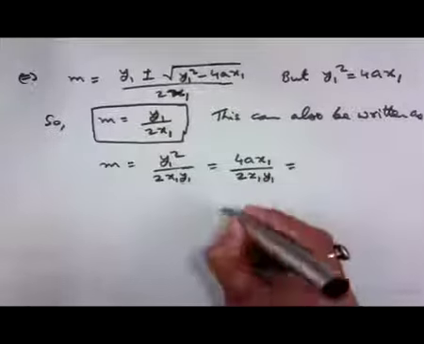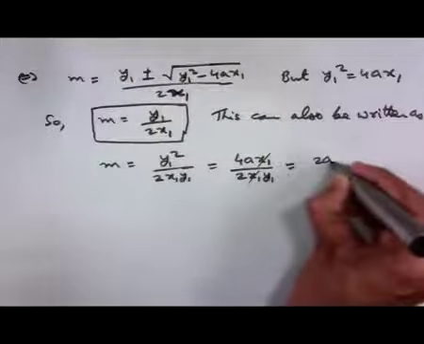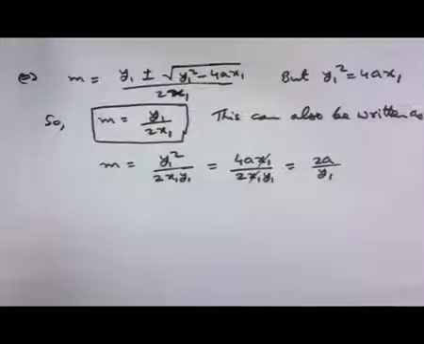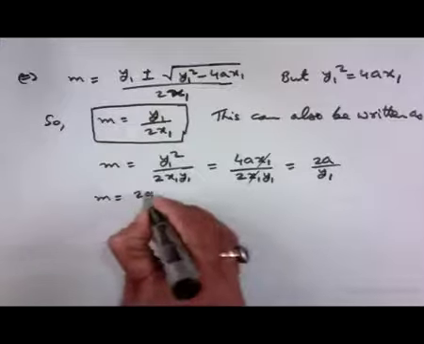So, x 1 cancels here and we get 2 a divided by y 1. So, we get this formula m equal to 2 a divided by y 1,